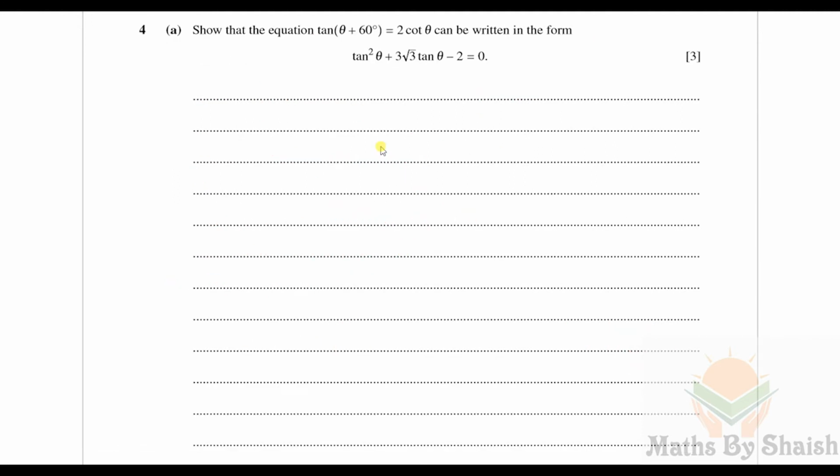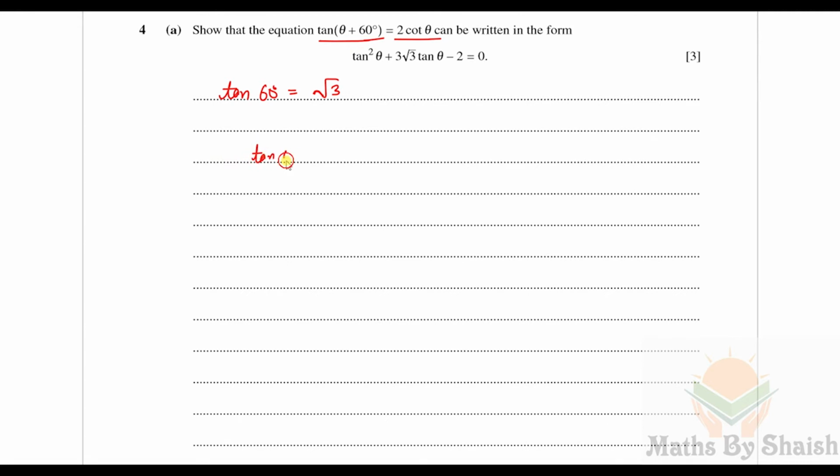Fourth, part (a). Show that the equation tan(theta + 60) = 2 cot theta can be written in this form. First of all, we need to know that tan 60 degrees is equal to root 3. Now we'll use the formula for tan(a + b) here, and we can write the left hand side as